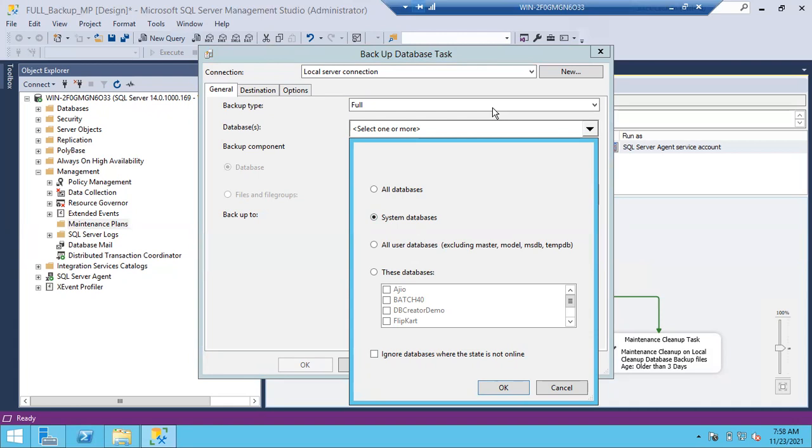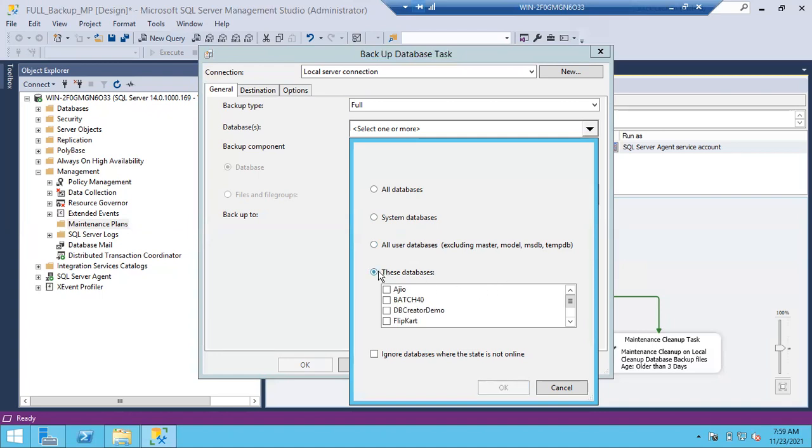Okay. So TempDB backups are not possible. There are no backups for TempDB. You cannot take TempDB backups as it is going to store unsorted data. Backups are not at all possible on TempDB. Fine. So you can choose only user databases so that it will exclude all your system databases, Master, model, MSDB. Even though it shows TempDB here, of course there are no backups.